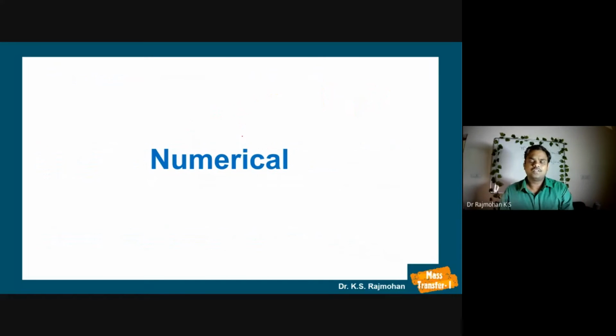We can easily solve the numericals based on these theories explained. Friends, in this lecture, we have seen several theories of mass transfer like two film theory, surface renewal theory, penetration theory, and combinations of several theories, all in detail. We saw how the mass transfer coefficient is proportional to diffusivity for all these theories of mass transfer, and we have seen what is overall mass transfer coefficient and what is the relationship between overall mass transfer coefficient and individual mass transfer coefficients at the gas film and the liquid film, right?